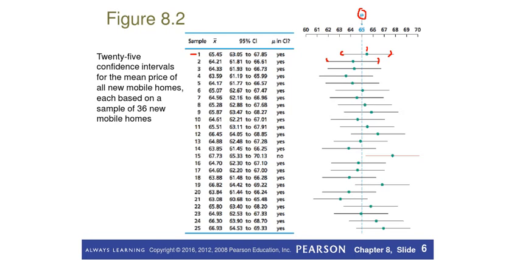No, right? If we took 100, and we're saying we're 95% confident that our samples will contain the mean, well, that means there's a 5% chance that we might not. Right here, we see one that's not. This one doesn't contain our population mean. But 95% of the time, pretty much, 24 out of 25 is in fact correct, and that fits with our idea of a confidence interval and what that tells us.